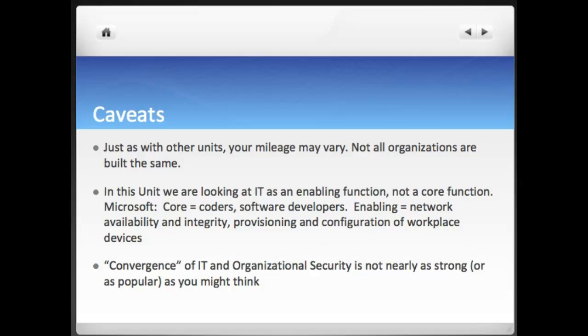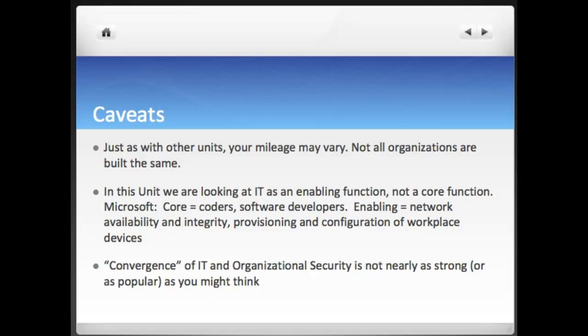Mostly those are jobs like making sure that the network is available and it's secure, and that you provision the different software and make sure it's loaded properly. Desk side support jobs, even things like printer teams, right? Those are very technical teams. They don't sound exciting, but actually they perform a huge function for our economy. And so we're looking at IT as an enabling function. So the companies that we're talking about, and the job places we're talking about, are not the tech companies that many of you may want to work for.